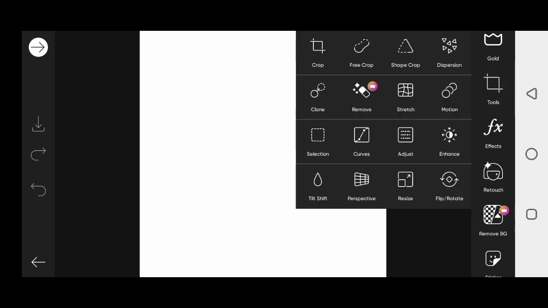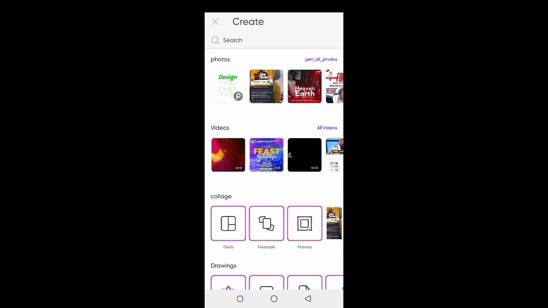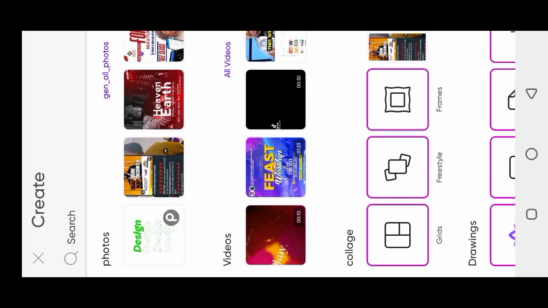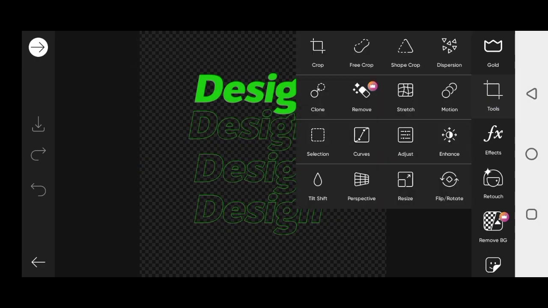So I'll discard this. So come to your tools again, then you see varieties of tools. Okay, let me do a quick example on this. I want to import a new image. Okay, so this is a PNG I did on Pixellab. So when you come to your tool,